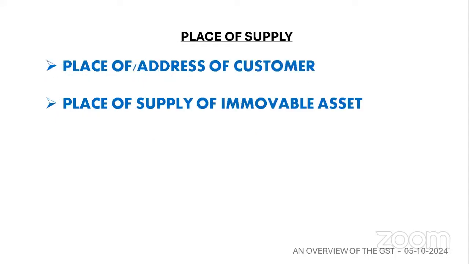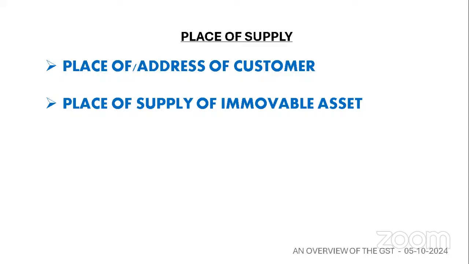So this is one thing you have to keep in mind in the case of composition type of taxes. Then the very important concept is the place of supply. So the tax is dependent on the place of supply, where the supply has happened. I will give you 2, 3 examples.